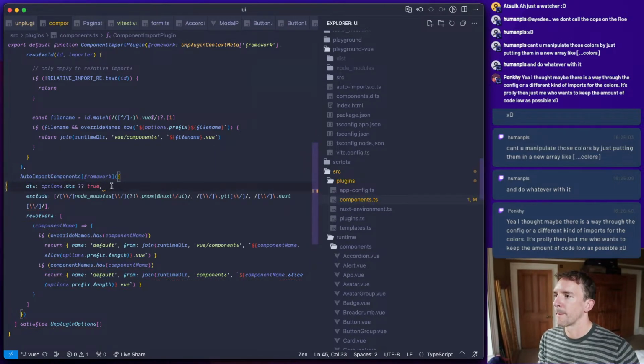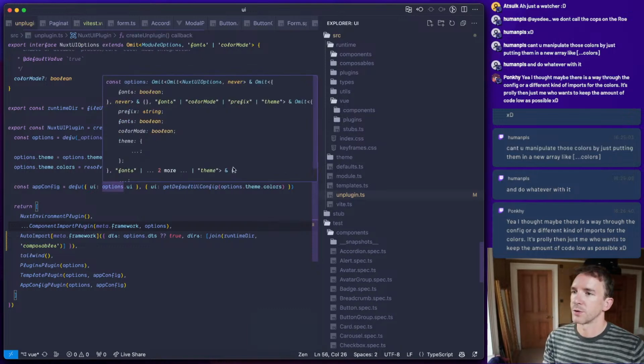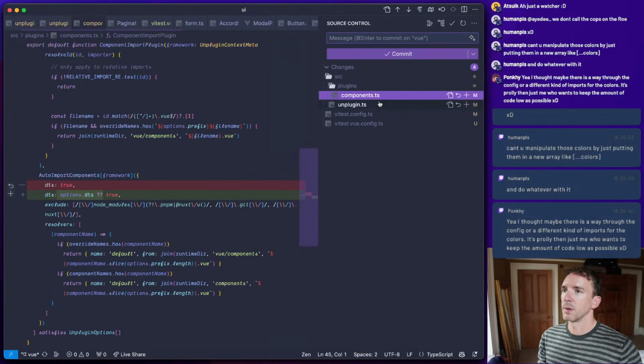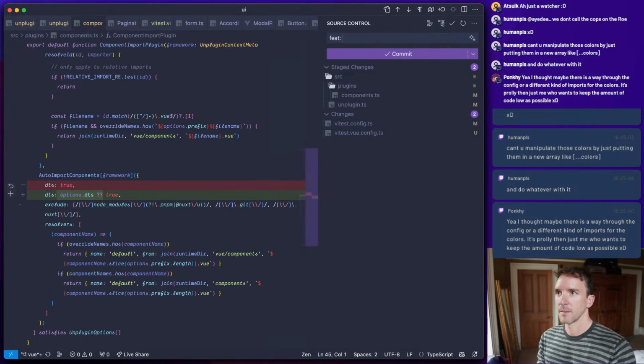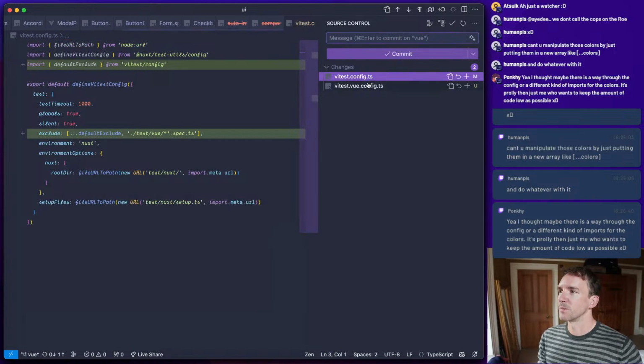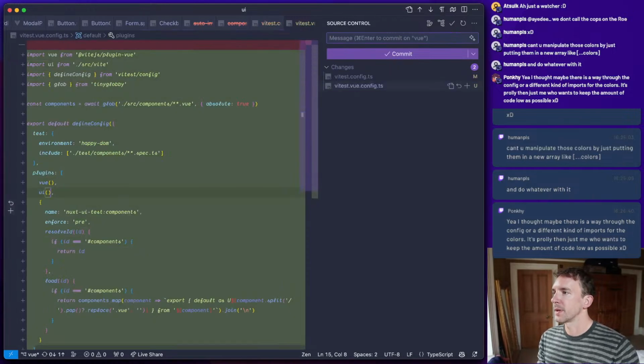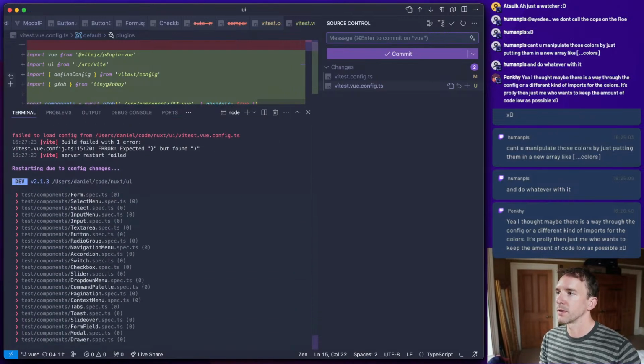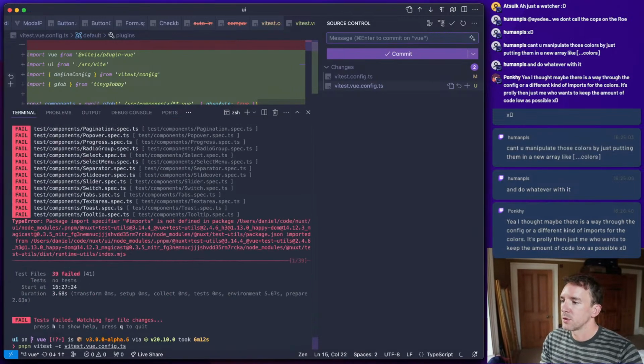There we go. So that will enable us to enable disabling, which we'll want to do here. So we want to basically say DTS false and then not have those files. But we still need to be able to